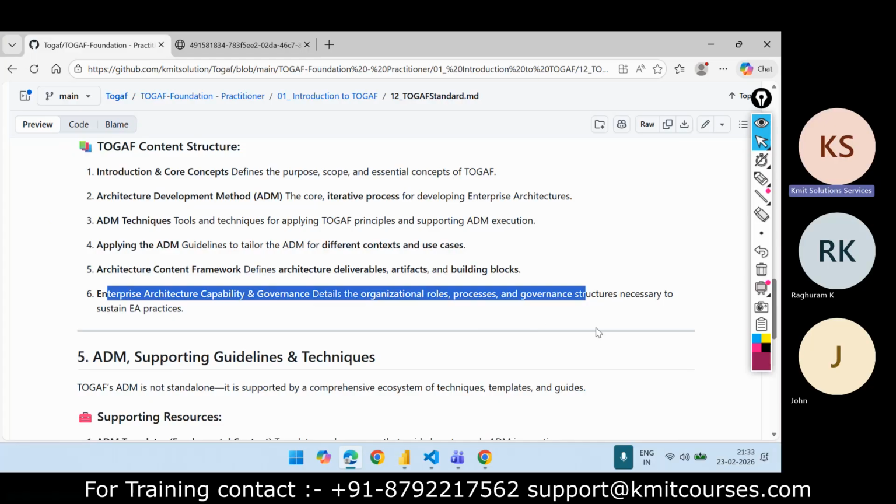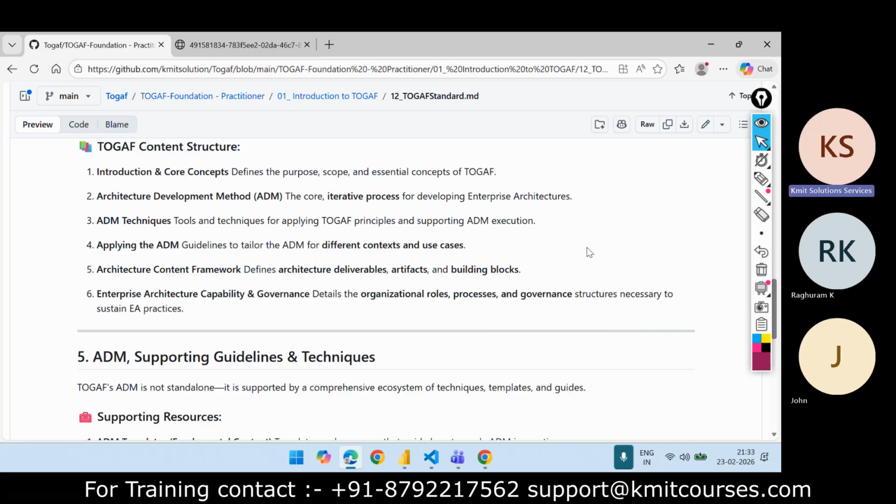Right. So whenever you are using the TOGAF standards, you need to follow these documents. You need to know what the ADM guidelines are and how to apply those guidelines. When we are new, we are basically learning all these things through those documents.